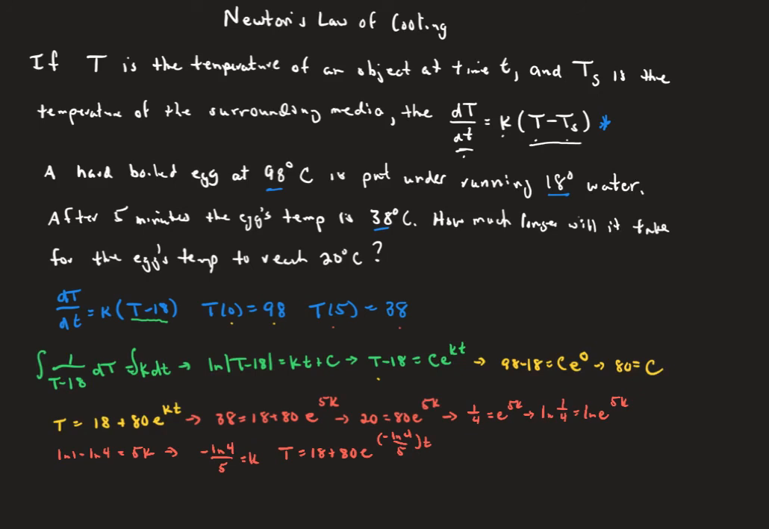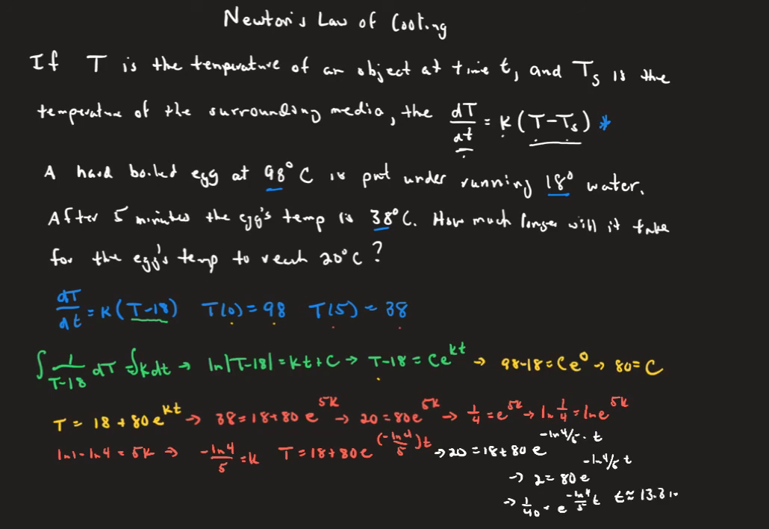And the last thing we're trying to find is when is that going to be 20 degrees. So we will say 20 is going to equal 18 plus 80 e to the negative natural log 4 over 5 times t, and we're solving that for the t. If you subtract the 18, I think we get 2 is equal to 80 e to the negative natural log 4 over 5 times t. Dividing by the 80, 1/40th equals e to the negative natural log 4 over 5 times t. We're going to take the natural log of both sides and then divide by the negative natural log 4 over 5. And I think you're going to get that t is going to be about